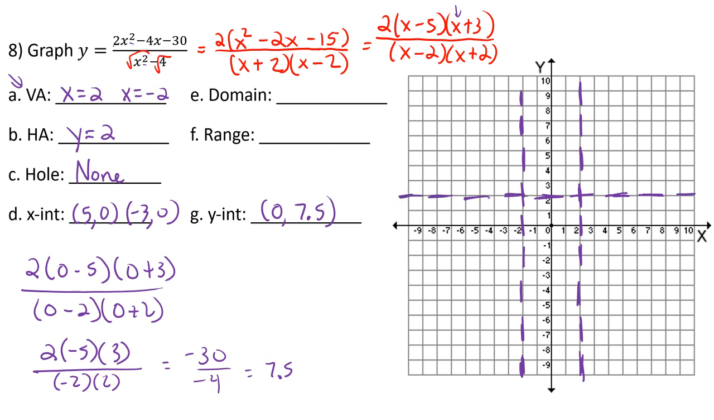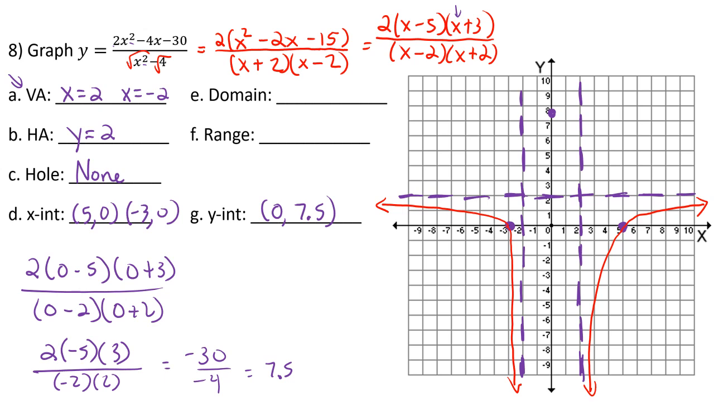And then our x-intercepts are at 5 and negative 3. Our y-intercept is at 0, 7.5, so that's right up here. So now we can start graphing. Remember, we're going to do the left and right sections first. So these are going to follow the asymptotes. Now, remember, on the inside, they have to go in opposite directions with the